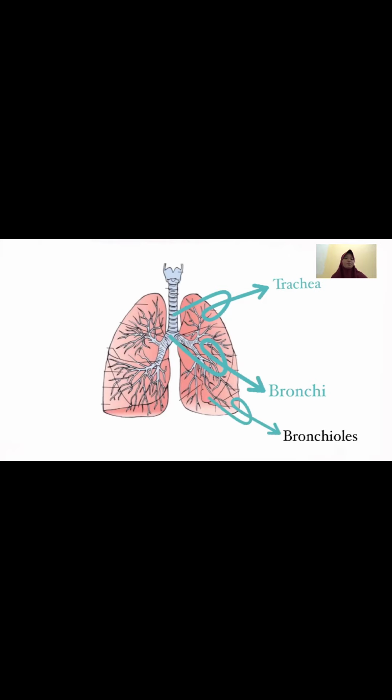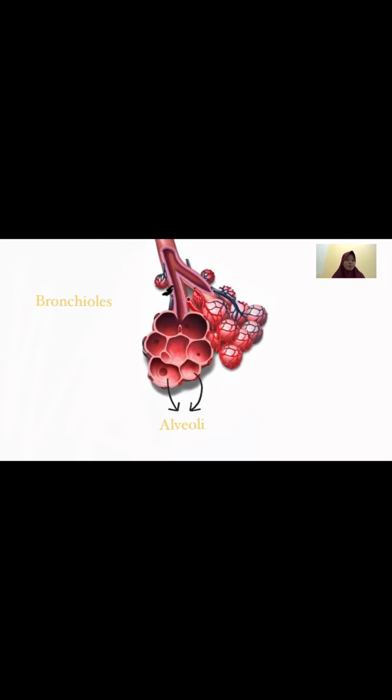The air then enters the alveoli. A collection of alveoli is called alveolus, which are air sacs at the end of the bronchioles. Oxygen from the air that enters the alveoli will be diffused across the membrane that lines the inner